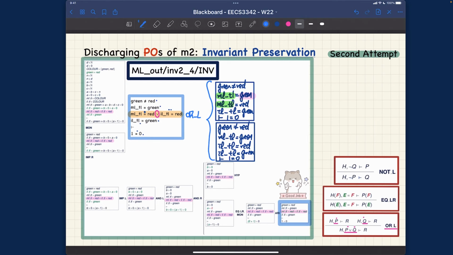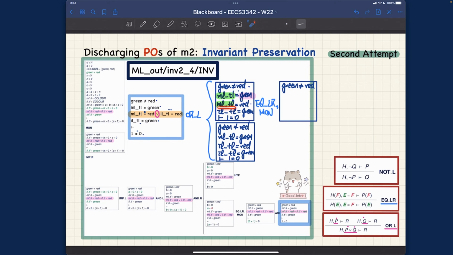So we're going to apply the EQLR, which we have done many times. At the same time, we also need to do monotonicity, the rule, because after the equality, usually we don't need this equality anymore, so we can drop it. But that's the only thing we want to drop. So what I will have is another sequent over here. Okay, so I'm still going to get this green not equal to the red, and also this one will be dropped,